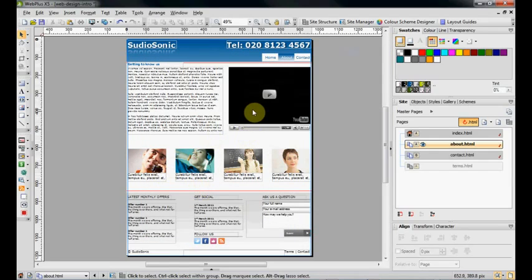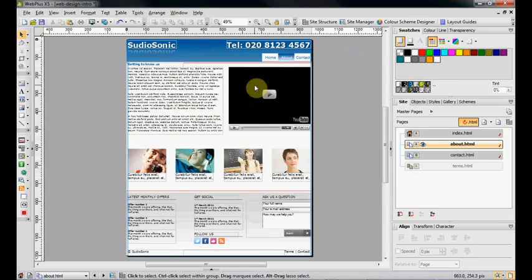Now there's no built-in method within WebPlus X5 to get a YouTube video to show this part and then have it go to a lightbox. You can have a hyperlink and then you can click on that and that will show a video in a lightbox. But if you want this, you can either snap an image and then paste it there, or what you can do is you can leave that there,